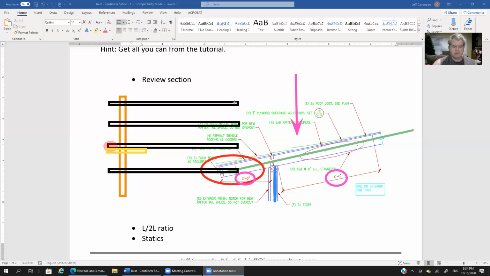Okay, so let's tackle that question. How far back do they need to go? Well, I'll tell you this. As an old guy, what I would tell you is this. Let's call the overhang L. If the overhang is L and we extend this splice 4 times L,